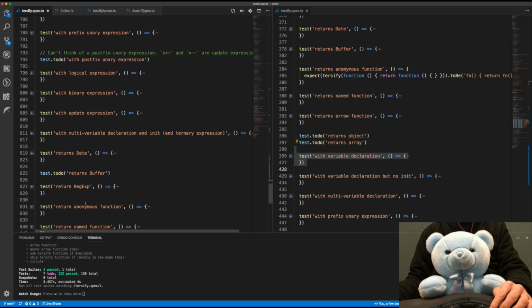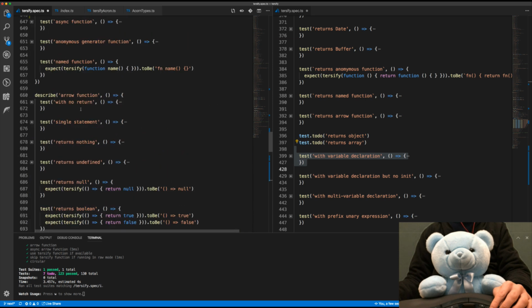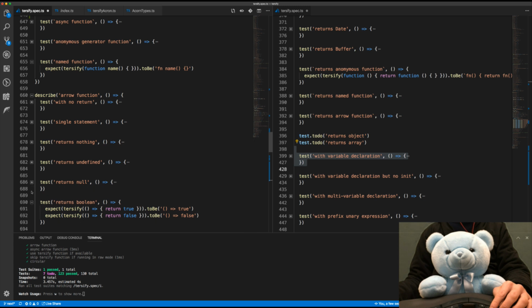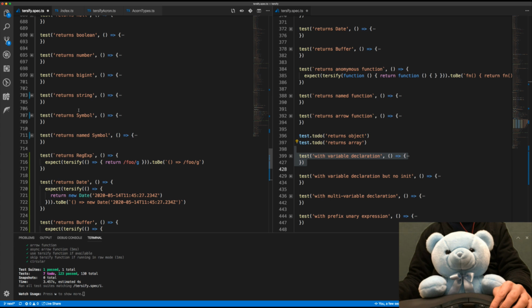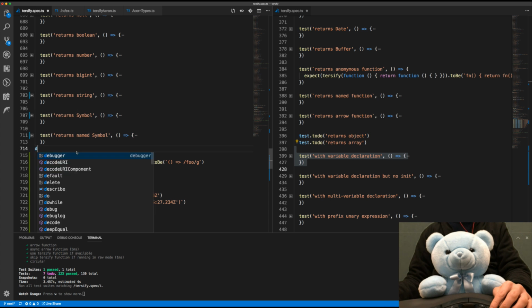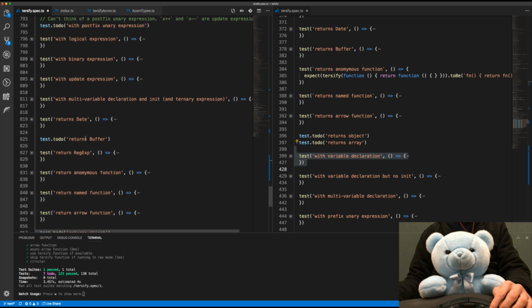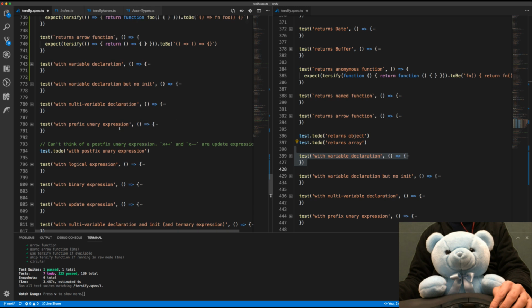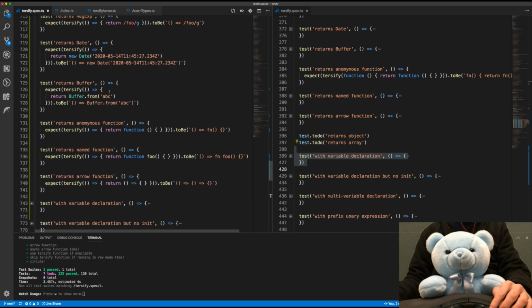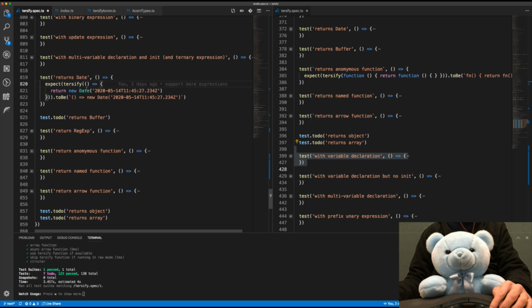Date, I have buffer. I have regular expression already. Let me minimize this. Name, symbol, regular expression, date, and buffer. So date and buffer, let me just take a look. This test and this test are the same, essentially, yes. The buffer,